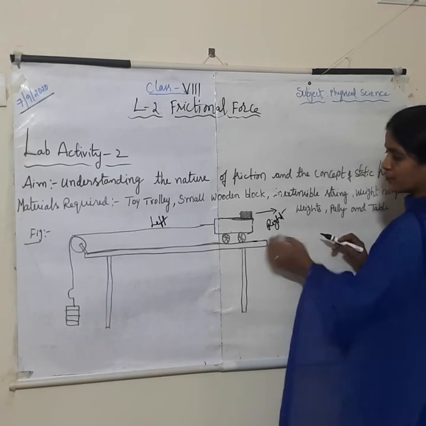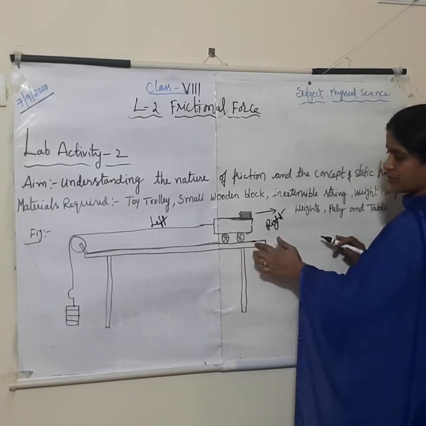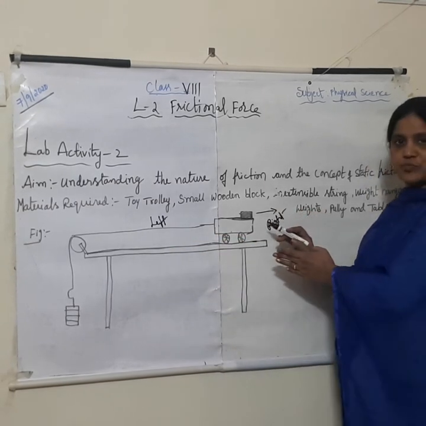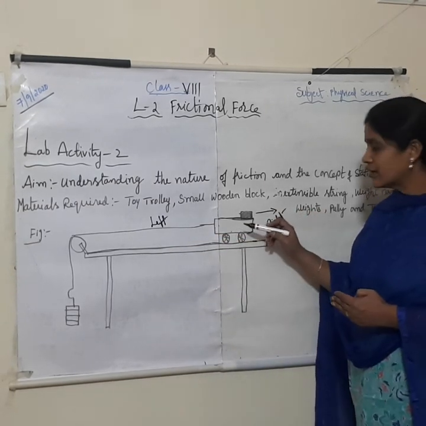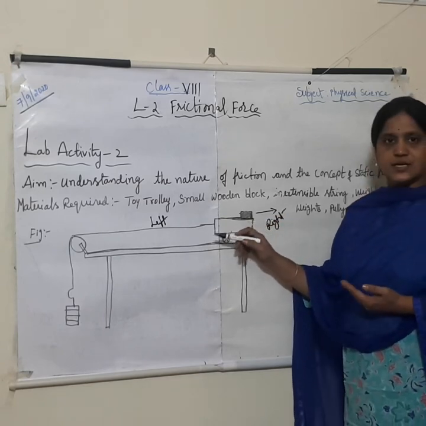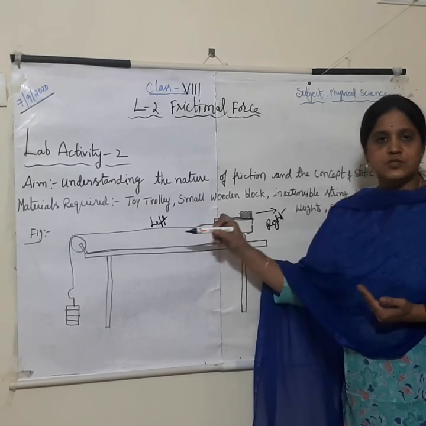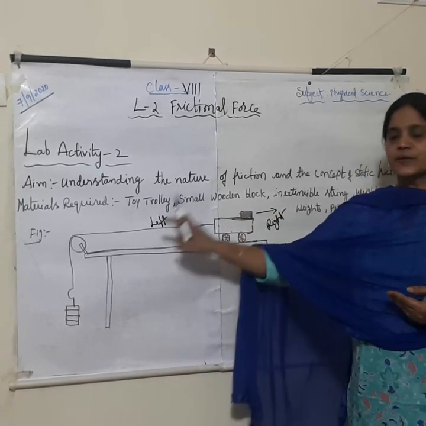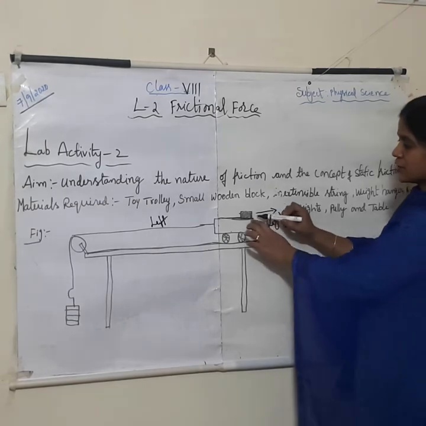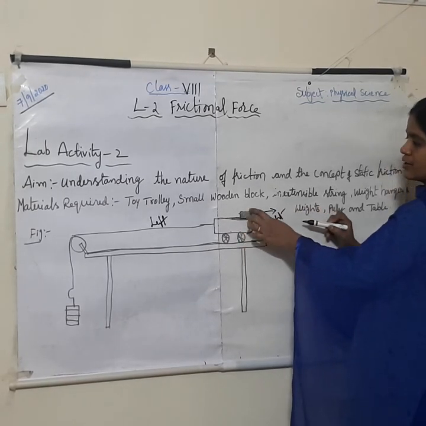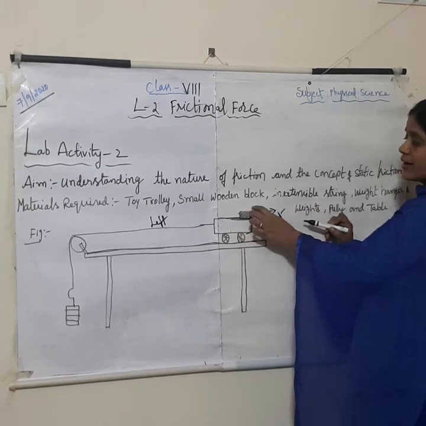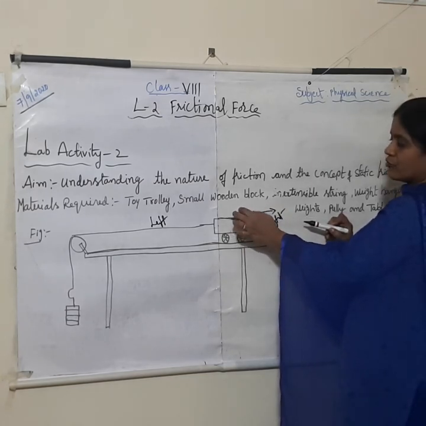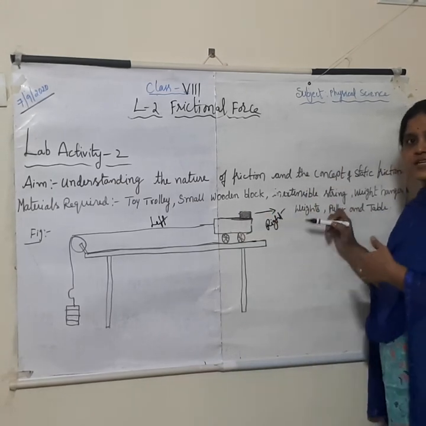Here, when compared to the surface of this table, the trolley is moving and the table surface is at rest. When the objects are in contact, if one object moves relative to the surface, at that condition it has sliding friction. Now coming to the surface of this trolley and the wooden block, these two are at rest only. With respect to the surface of this trolley, the wooden block is at rest, which means at that condition it